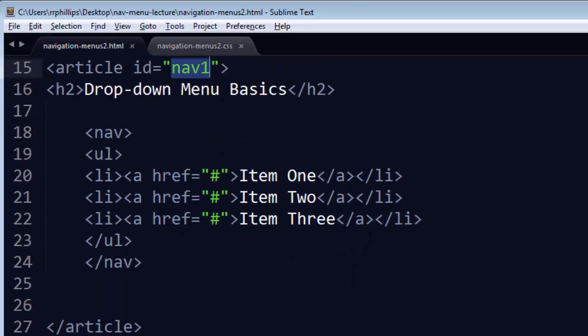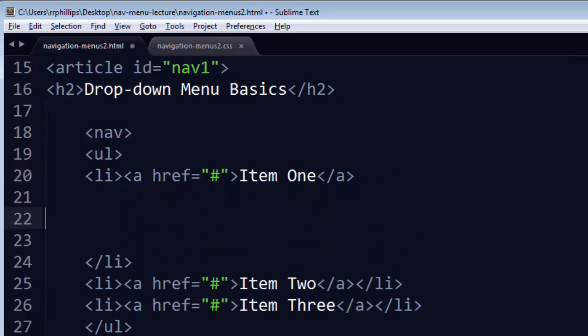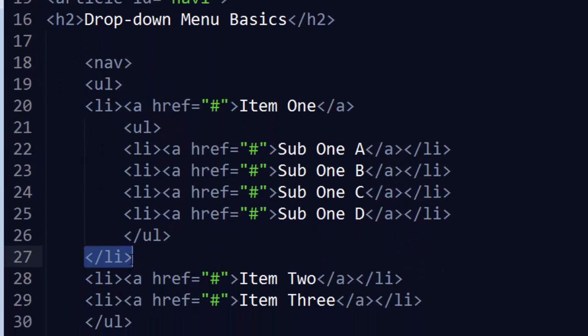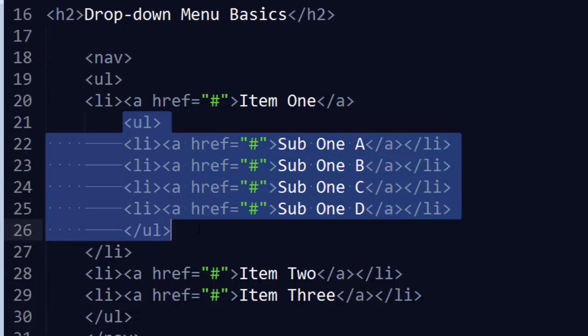On the HTML side of things, I put my insertion point inside of the list item for one of my items, after the anchor tag, but inside the list item. I'm going to press my enter key a few times to get some room, and then I'm going to create a brand new unordered list inside of here. There we go. So within that list item, notice there's my opening list item for item 1, there's my closing list item for item 1, and within that there's a complete unordered list with several of its own list items,